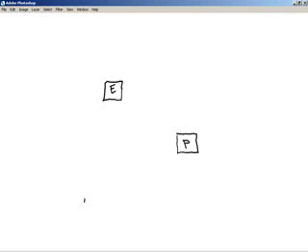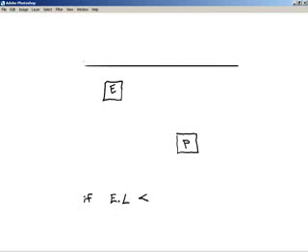So we can say something along the lines of: if the enemy's left position, again, I'm not writing the whole word here just to save time, is greater than, or in this particular case, let's say less than, because we can see the enemy's over here. So here's going to be the top of the window, right? All the way over here is a left of 0, and all the way over here is a left of 100. Good enough. Right here, the enemy currently has a left of maybe 10, while right here, the player has a left of maybe 60. So if the enemy's left is less than the player's left,